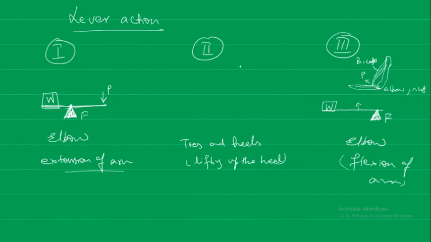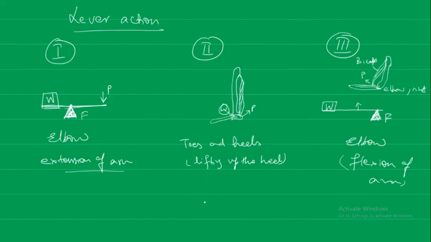Okay, so we have this long femur bone, this is a rather rough diagram. So the long femur bone is there, and then we have the toe, there are different bones of course here, and there is the heel. Okay, so here what we are trying to understand is that there is this long muscle connecting this region. So what it is doing, the pressure is coming here. Okay, the weight is centered here.